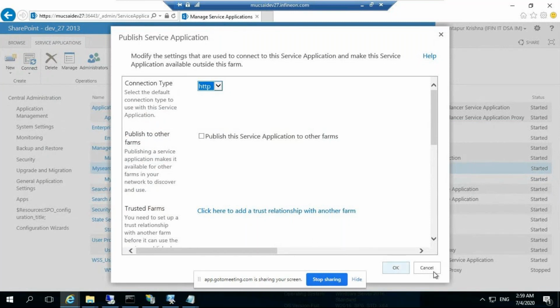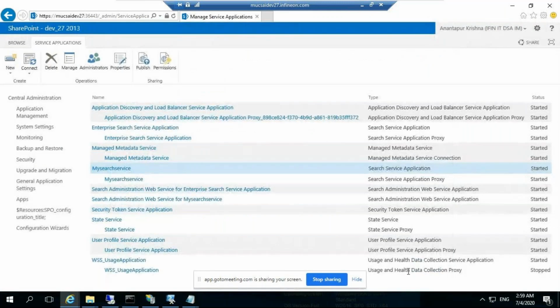So farm is nothing but a set of servers. Basically those servers are used to run these services, and the services should pull the data from the content database, on which web application it is configured. So I'm just thinking there should not be any difference in the search results whether it is a proxy or a search service. See, suppose, that's a good question. Actually, suppose that server is not part of your farm. You just maintain a trust between that server and your farm, and you need to pull the results from that.